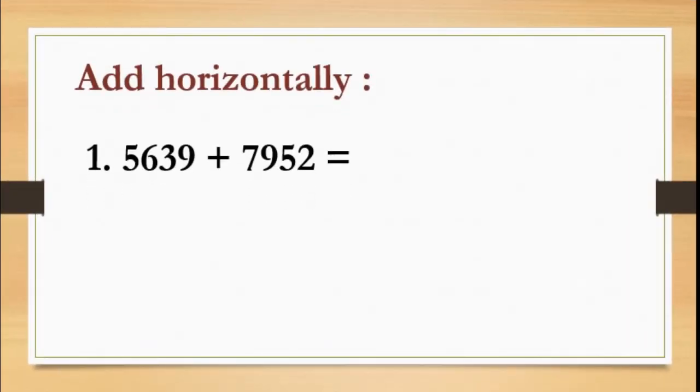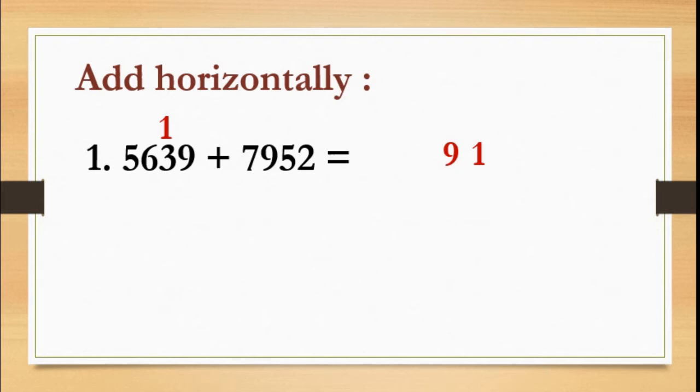We will take this. Now we will start. Again we will start from the unit place. Okay, I will not write here units, tens, hundreds, thousands. We have to remember the place. Okay, first 9 plus 2 is 11. 1 I will write in the unit place, see there, and 1 is carried over above the 3 I have written here. Okay, now 1 plus 3 plus 5, that is 9.